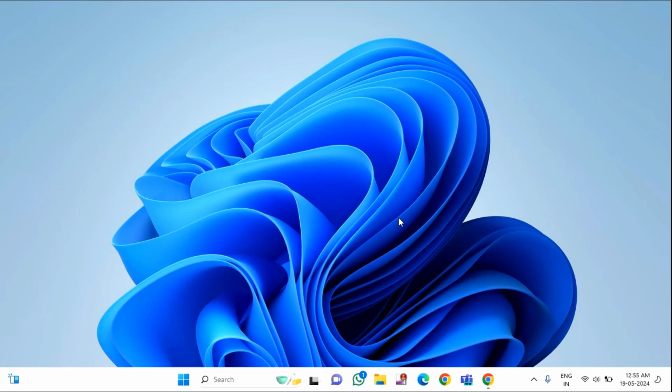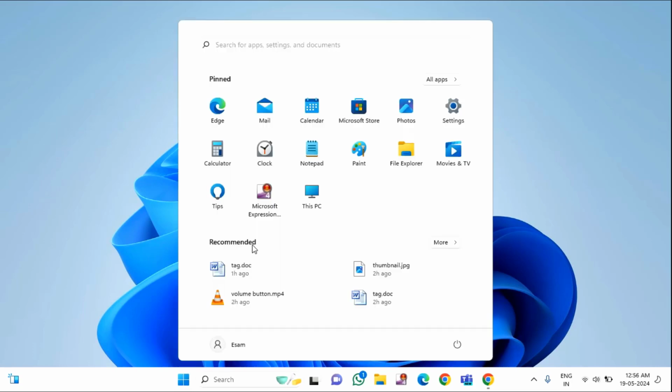Guys, if you are using your mobile data through hotspot or through cable and you have very little data, then I will show you how to stop high internet data usage on your Windows 10 or Windows 11. The first method is, first of all, you have to click on settings,